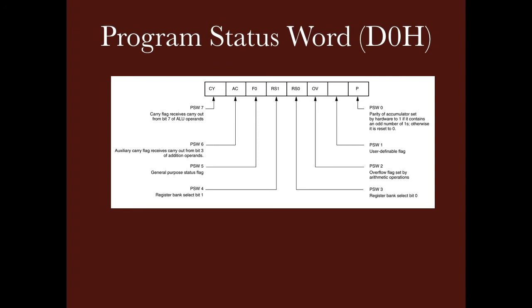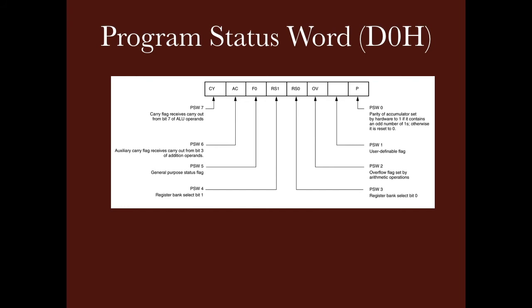The carry flag is set whenever there is a carry out from the D7 bit. Auxiliary carry is set when there is a carry from D3 to D4. Parity depends on the number of ones in the accumulator. If they are odd, the flag is set. If they are even, the flag resets. Then we have the overflow flag. This flag sets whenever the result of a signed operation is too large, causing the higher order bit to overflow into the sign bit. In general, the carry flag is used to detect errors in unsigned operations, whereas the overflow flag is used to detect errors in signed operations.